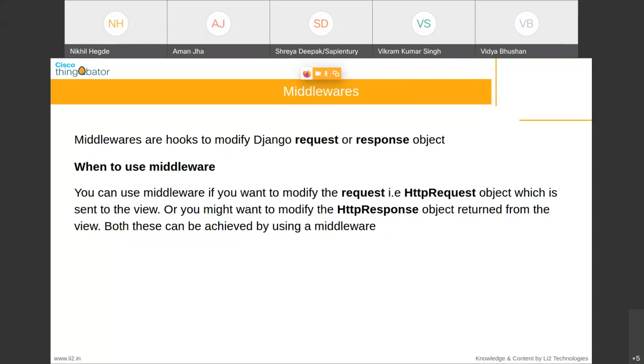The middleware will be active once the request has come to Django, and it will be active until the response has been sent from the view. Until then, you can do anything from these middlewares. You can do security checks, and you can check the authenticity of the user. You can do authentication, authorization. All those things can be done in a middleware. I'll show you how it can be achieved in a while.